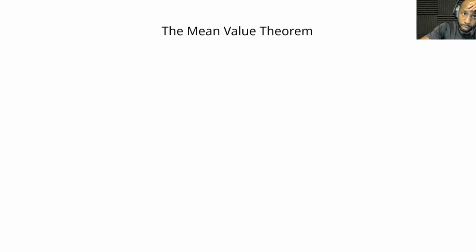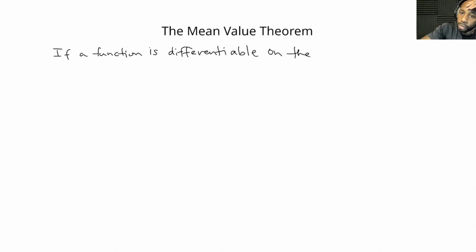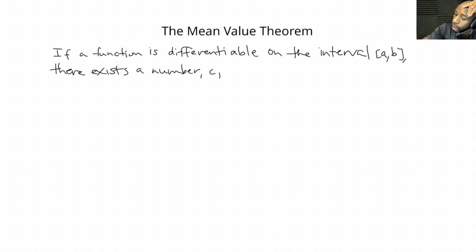If a function is differentiable, in other words, if a function has a derivative on the interval a, b, there exists a number, which we'll refer to as C, between A and B, such that the following: